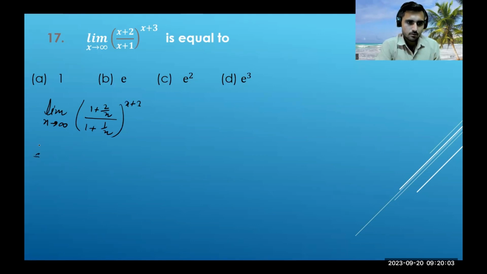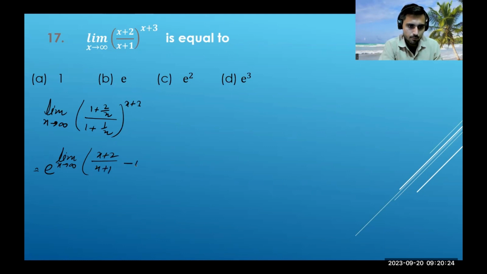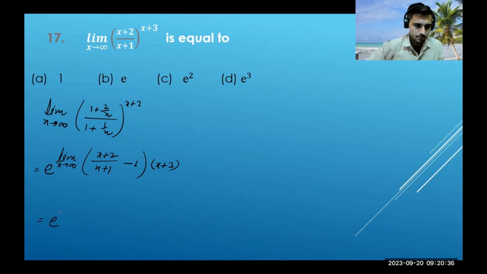an indeterminate form 1 raised to the power infinity, we'll write it in exponential form e, limit x tends to infinity, and we'll write it in this form: x plus 2 upon x plus 1 minus 1, and then this x plus 3 will be written in multiplication form, right? So e raised to the power